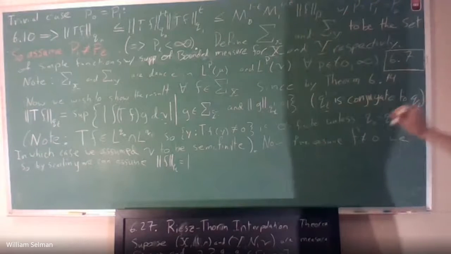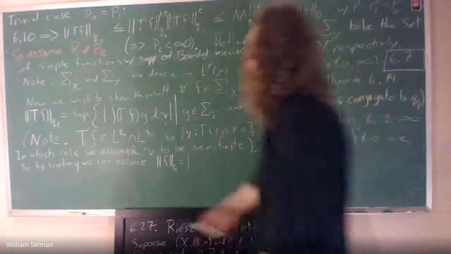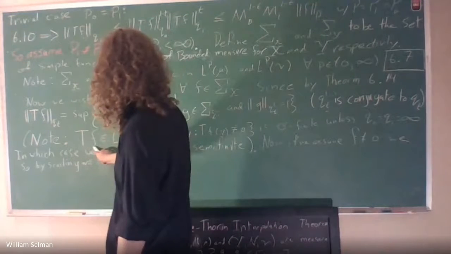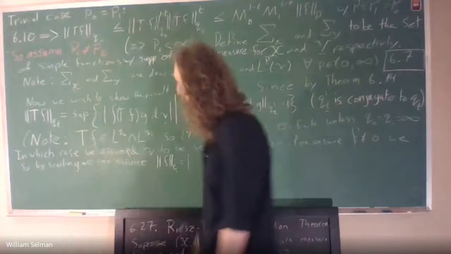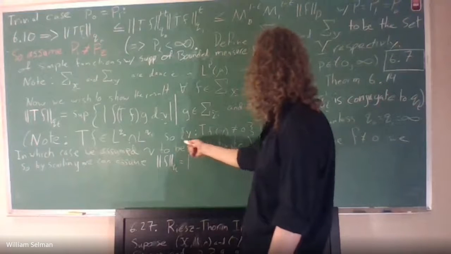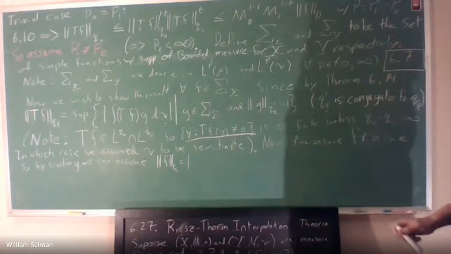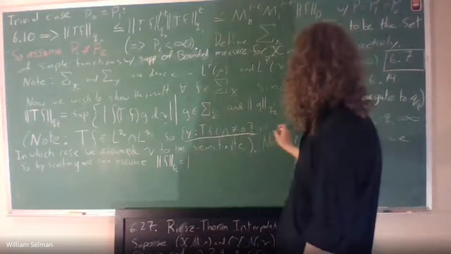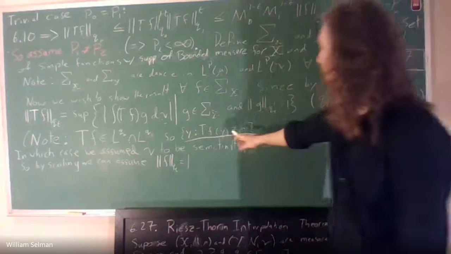Now note, the reason that we can apply this theorem is because we have that the operator, the image of T is a subset of L Q0 and L Q1 by hypothesis. So we have that this here must be semi-finite. So sigma finite. Because why? Because